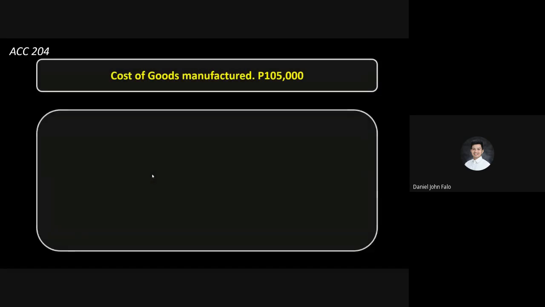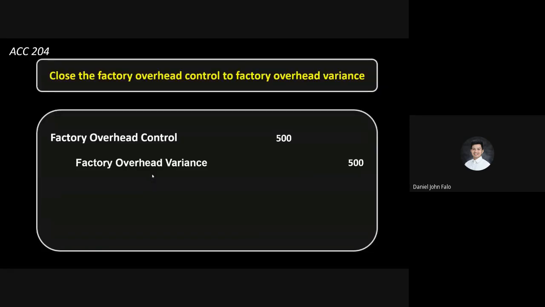after that, we're going to close the factory overhead control to factory overhead variance. This variance results from the difference between the applied factory overhead and the factory overhead control. If the applied factory overhead is greater than the factory overhead control, it means there is an over-applied factory overhead. While if the applied factory overhead is lower than the factory overhead control, it means that there is an